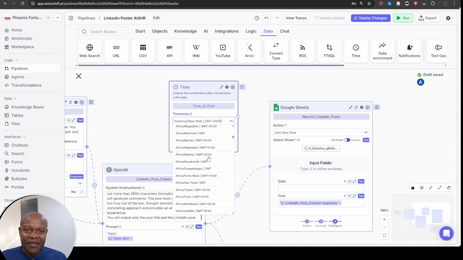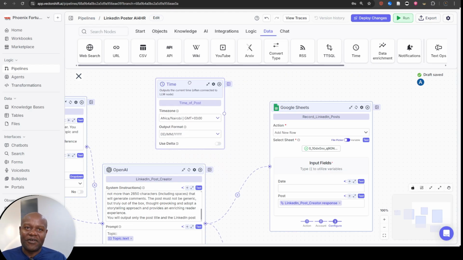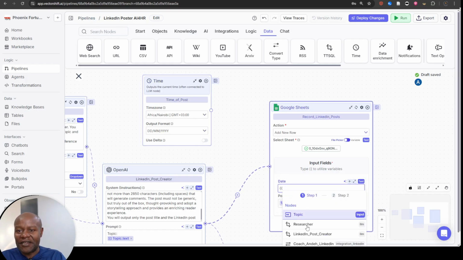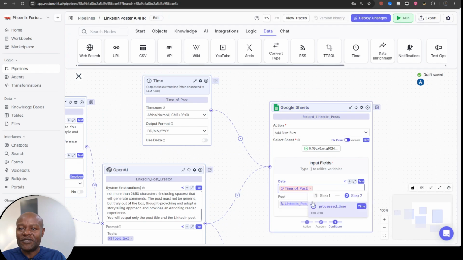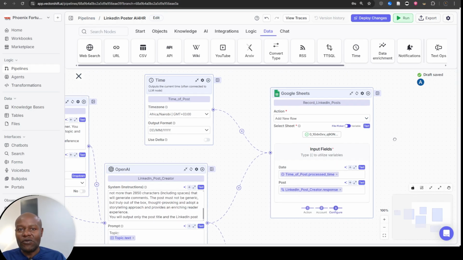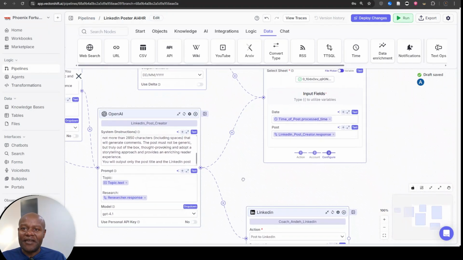Africa, Nairobi time, GMT +3. It's literally East African time. It works in Kenya, Uganda, Tanzania, I think even South Sudan. So that date will be our timestamp, and we shall capture it here, time of post, and it will tell us the processed time. So generally speaking, our workflow, our pipeline is done for LinkedIn posting,